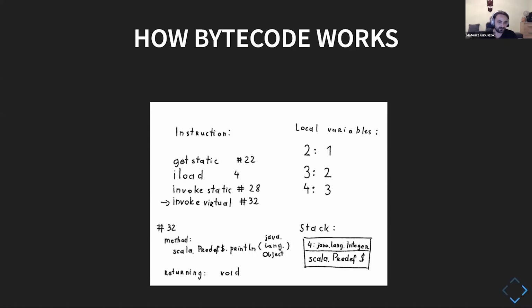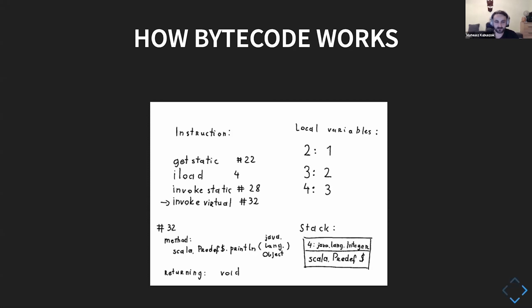So why is it called virtual? It's called virtual because when we have instances, as you might notice, you might have more than one implementation of the same method. You can have one trait or one interface and have several implementations of it, which means you basically need the object that you are calling the method on in order to figure out which implementation you are using. And this instruction does exactly that.